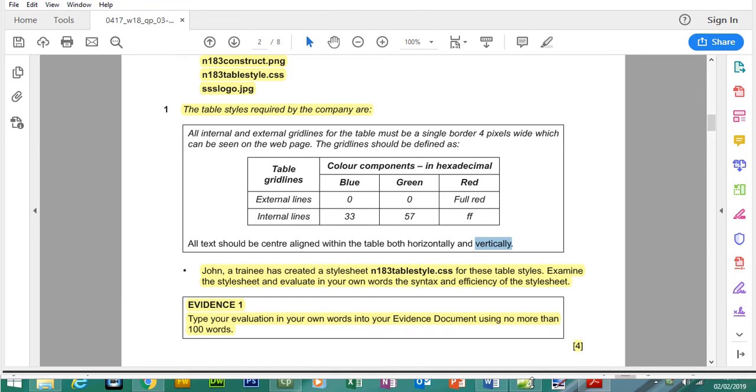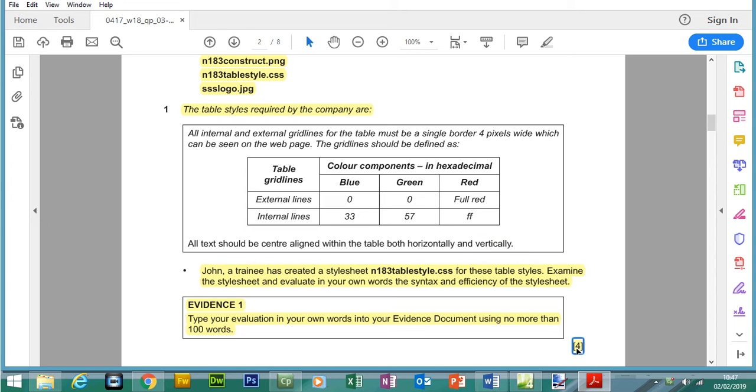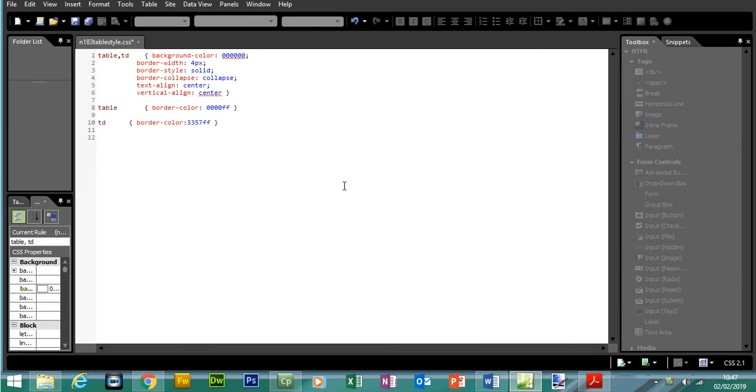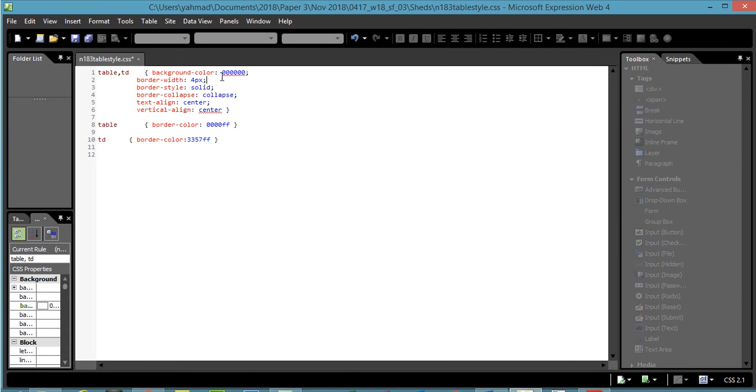Okay, so let's now look at the style sheet. Obviously we need to look at the syntax and the efficiency of the style sheet. Before we move on, there's 4 marks available, so let's try and pick out 4 different points. If I go back to the style sheet, the first thing that stands out is we're missing the hashtags